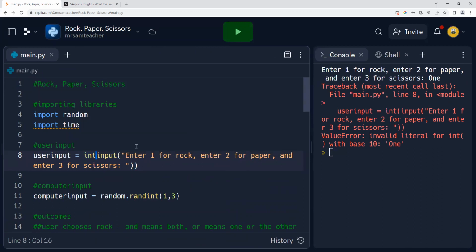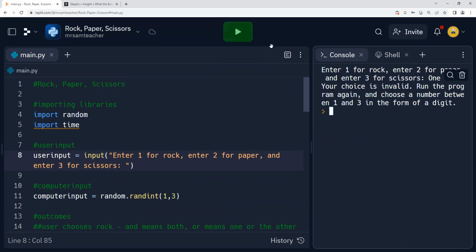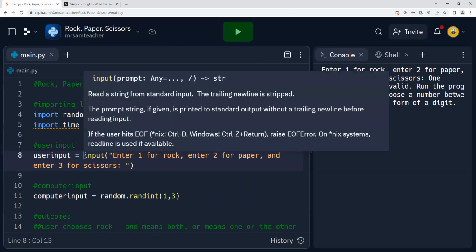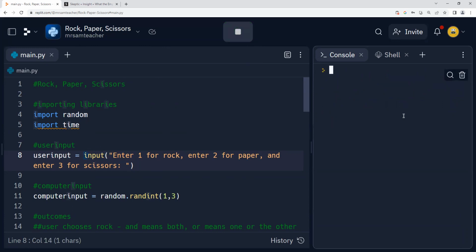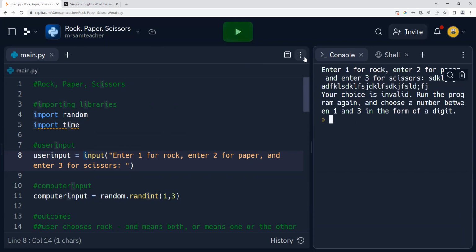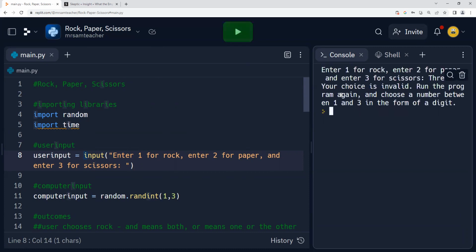I wonder what happens if I get rid of that. So let's say I want to write 1. Okay. So instead of forcing it to convert, let's get rid of that int statement right there, with the opening and closing parentheses, so it looks like this. Now when you run it and type in a piece of string, like whatever, it says your choice is invalid. Or if I just write 3.